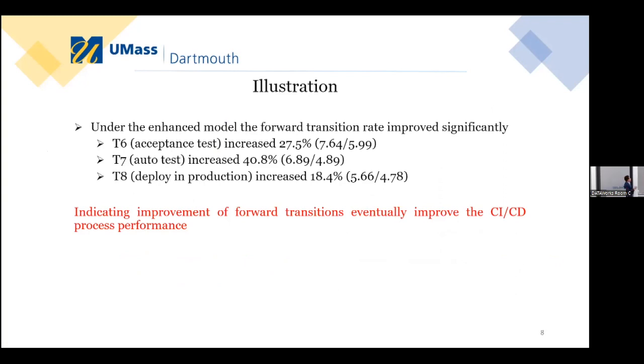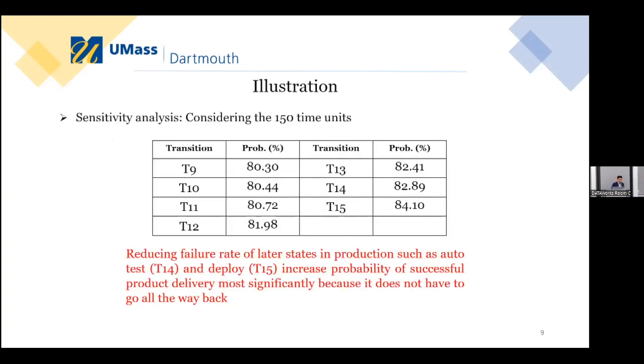Due to our enhanced model, the forward transition probabilities for the acceptance test, auto test, and deploying to production have been increased significantly, which improves the overall performance of the CI/CD pipeline. Then we did a sensitivity analysis. We reduced the failure probability in all the testing stages to see which stage can impact the overall process performance. Here we can see that the failure probability in the later stages, auto test and deploy in production, can impact the